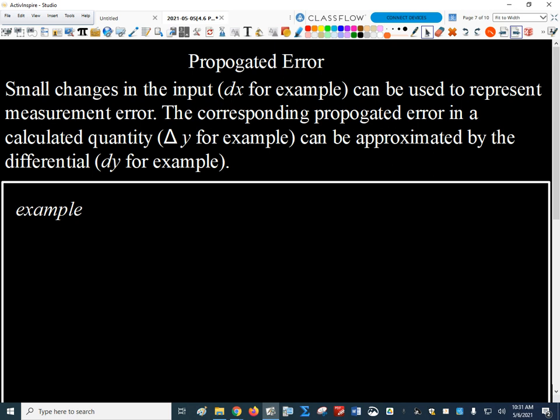So we want to be able to make just a quick estimate of, well, what is my propagated error going to be? Okay, so